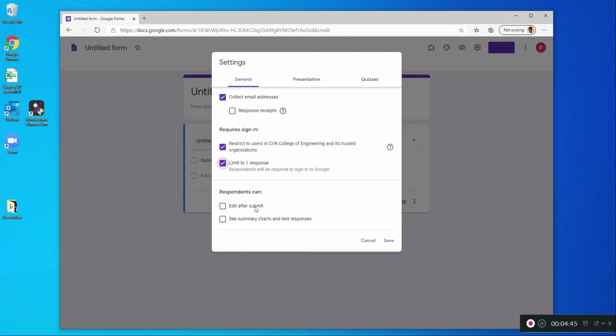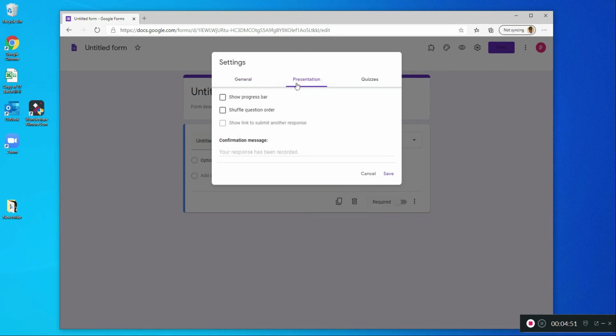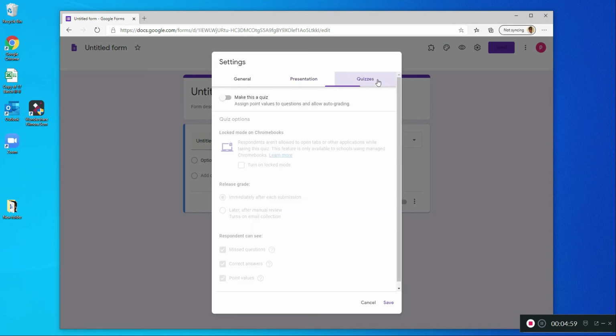Edit after submit, I am not allowing this one, and see summary chart also I am not allowing. Next, coming to the presentation section, shuffle question order. So I am going to shuffle the questions, and coming to the quizzes section,